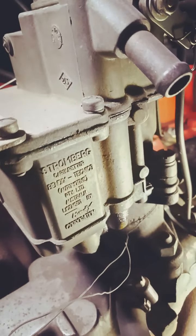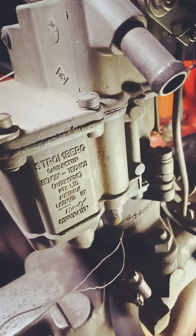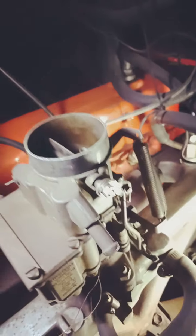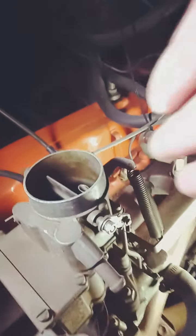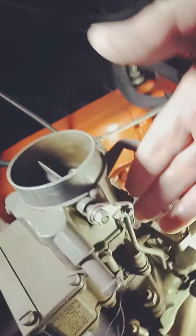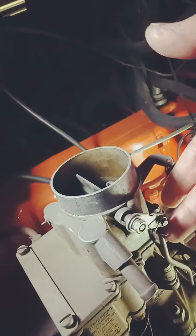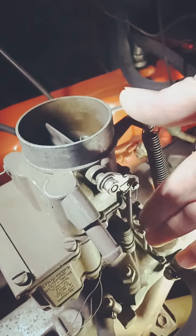Okay guys, this is my Stromberg carburetor on my 186 Holden engine, and I'm going to show you the fault that came with the car, with the carburetor, and what I did to fix it. That's the top of the carby, as you can see. The important thing at the top is this linkage. This is the linkage, it works with the fast idle and the choke linkage there, the choke link, and we're